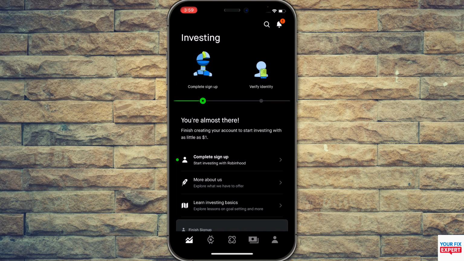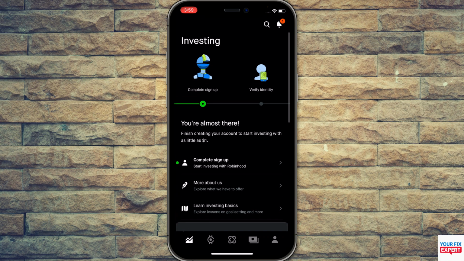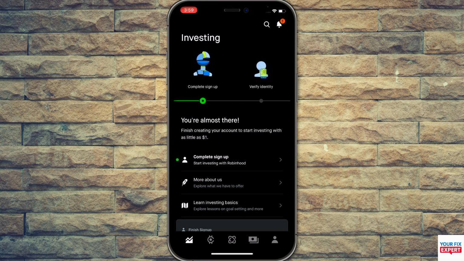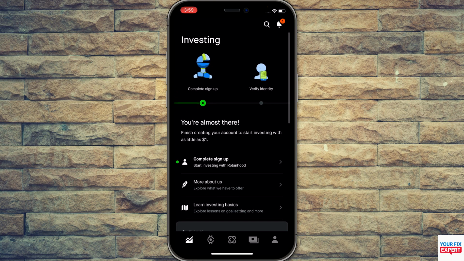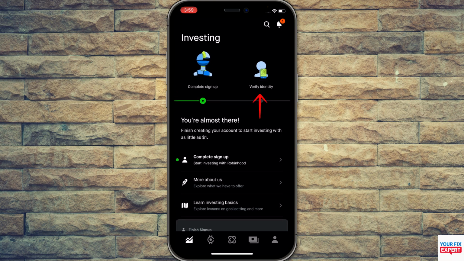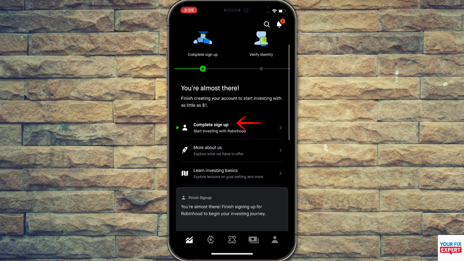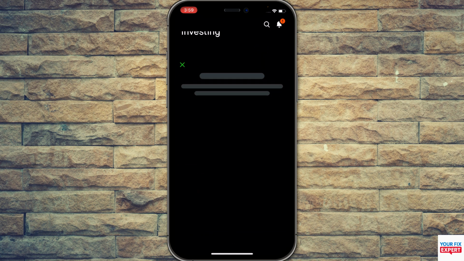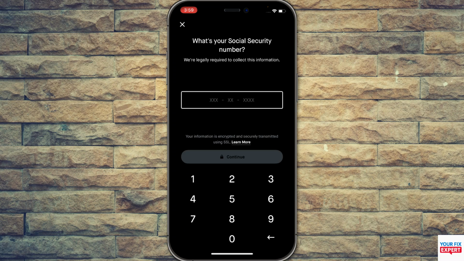After that you will see this kind of interface, like complete sign up. The sign up involves your name, your address, your nationality, your phone number, and your email address. Once you have verified those details, they will ask you to verify your identity as well. So you can just click on the first option, complete sign up, and once you click here, they will basically